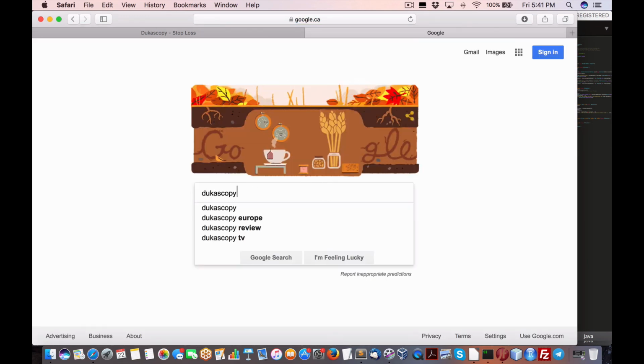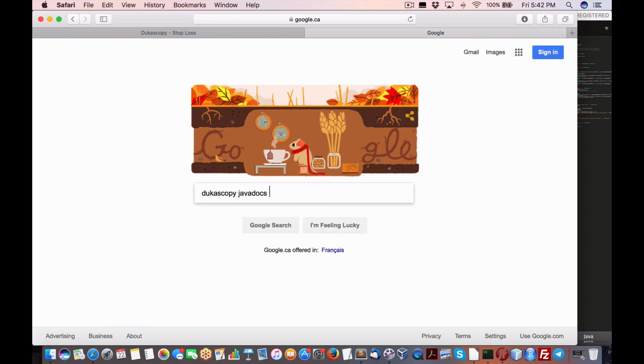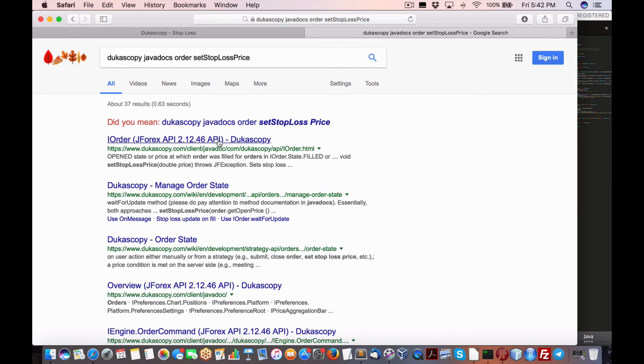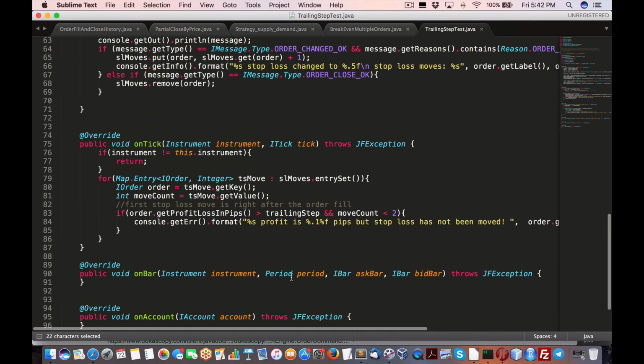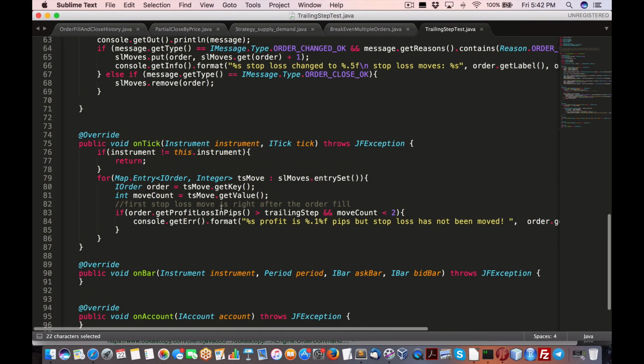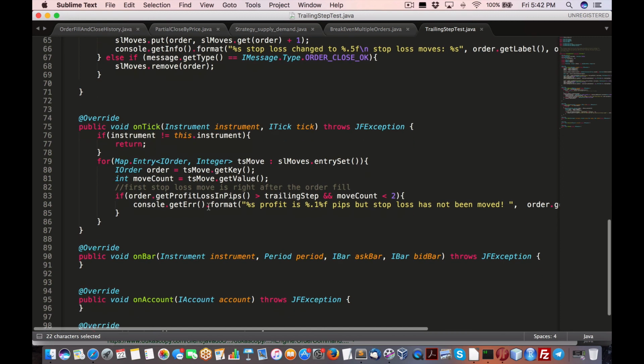Oh no, yeah, Java docs. Order set stop loss. So we are looking for